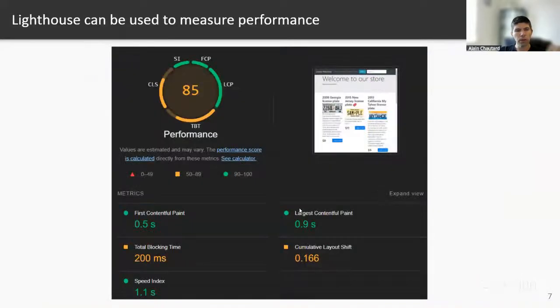So we can use tools to see if our application is fast or slow. And one of the best tools we have available for free is Lighthouse. Lighthouse comes with Google Chrome, so you have it in your browser right now. It's under the Performance tab, and you can run a Lighthouse audit very easily by just going to Lighthouse and